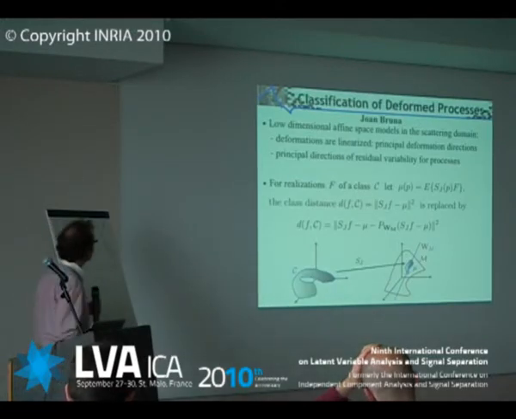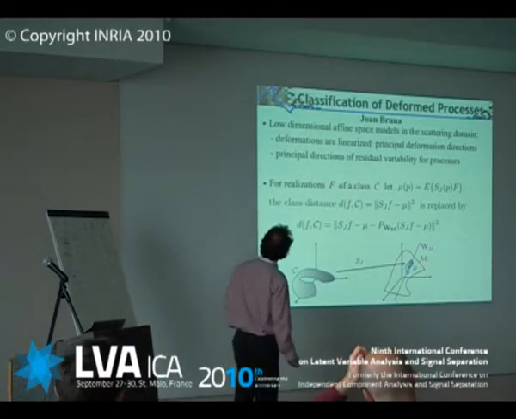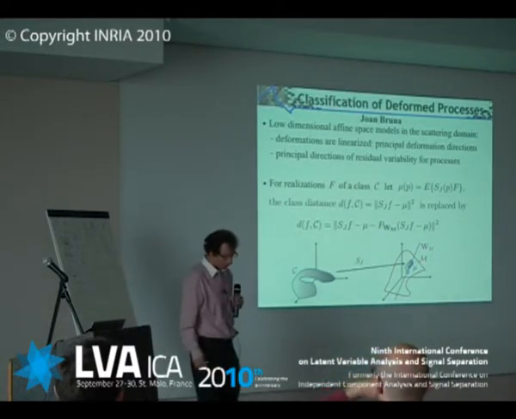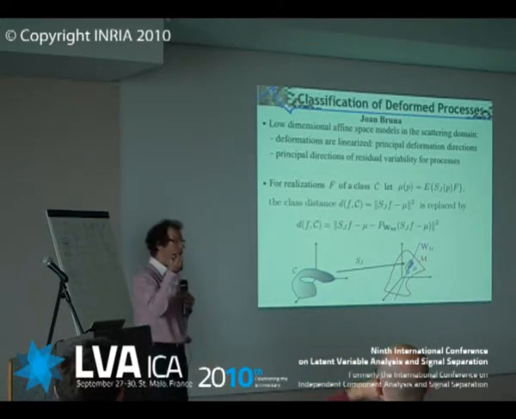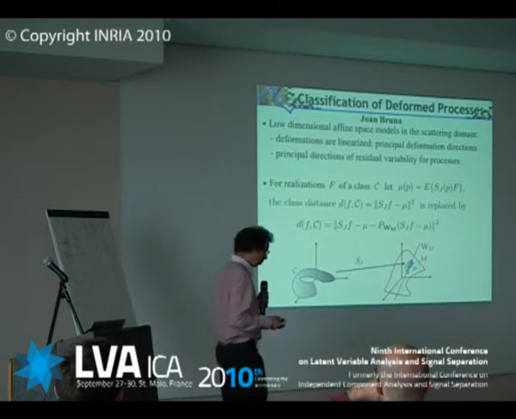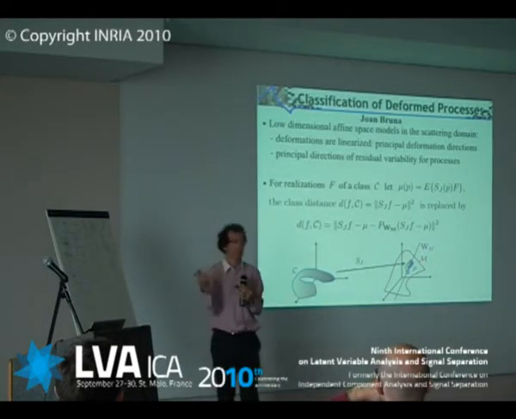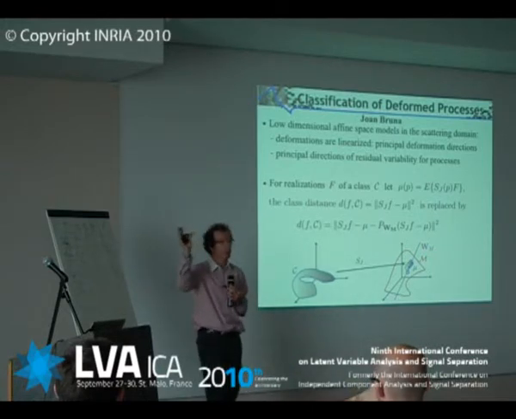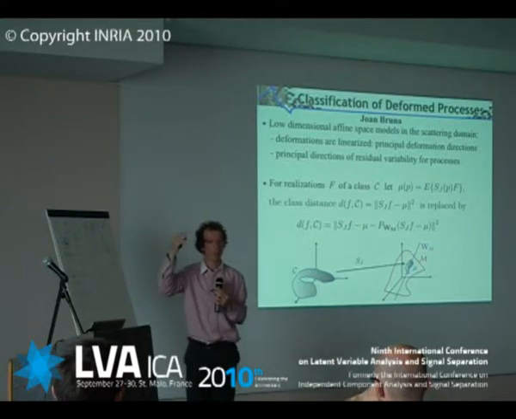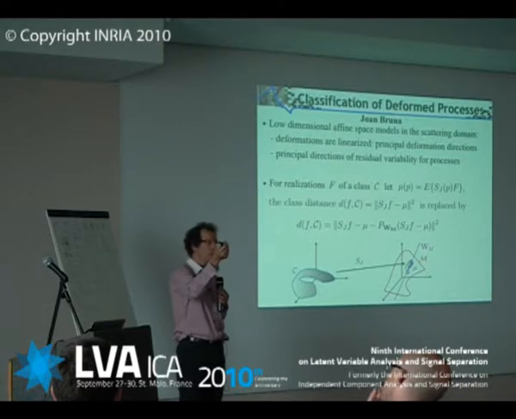Okay, classification. So this is the work of Joan Bruna, who is a PhD student at École Polytechnique. Basically, the idea is the following. When you have to do classification, think of it as digit classification. You have deformations, clearly, when you write a 2 or a 7 or a 1. But some deformations will take you very quickly out of the class. Some deformations will keep you inside the class. Think of a 7. If I make the lower branch longer, it's still a 7.